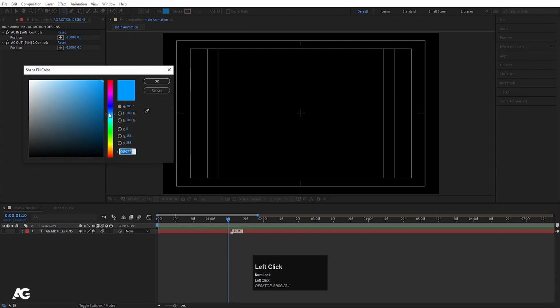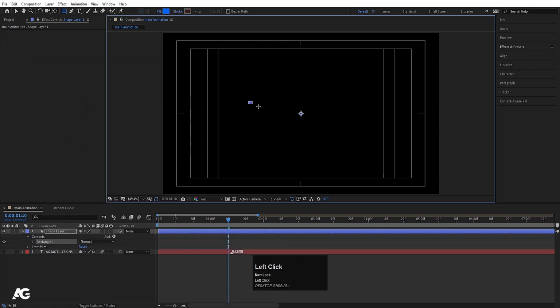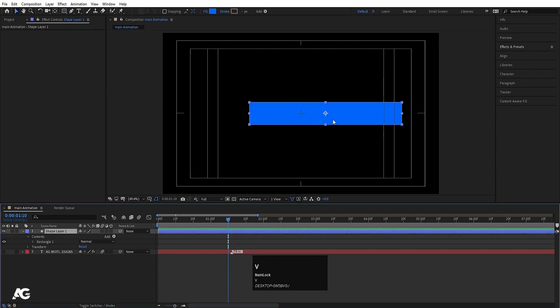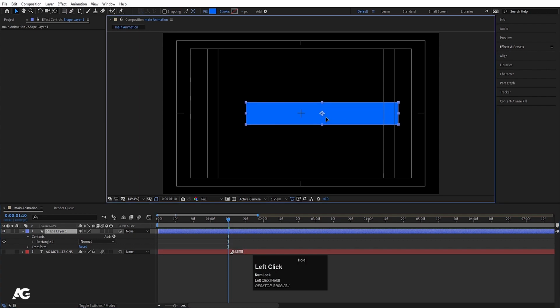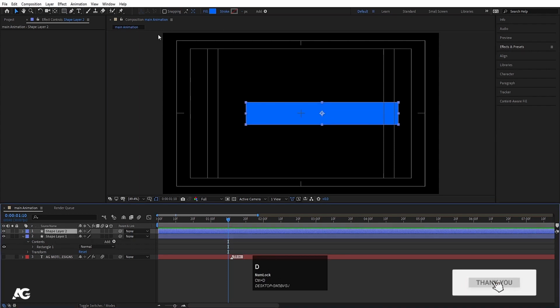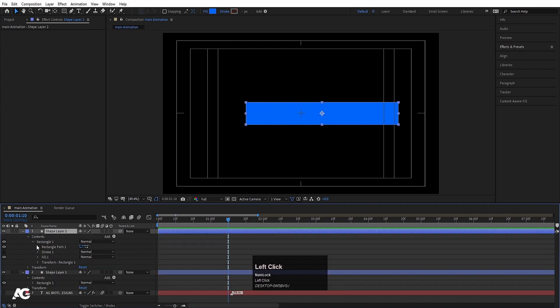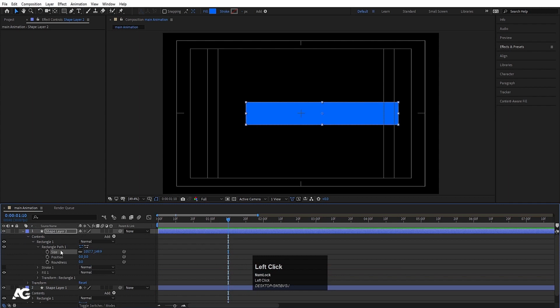Choose some darker version of this blue like that, and hit OK, and create one rectangle like that. Press Ctrl Alt Home to align that anchor point to the center. Select this rectangle and adjust the position properly. Then hit Ctrl D and go to this rectangle content, rectangle 1, rectangle path, and over here we will find